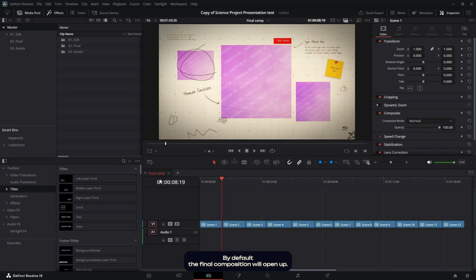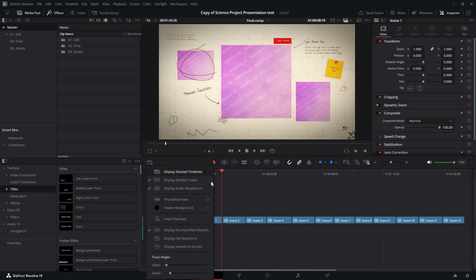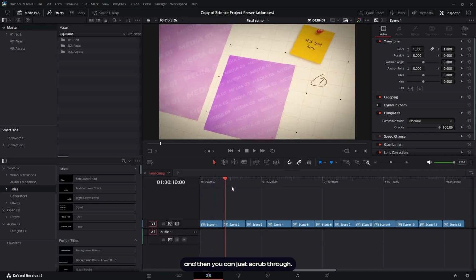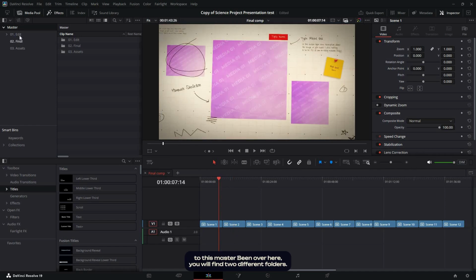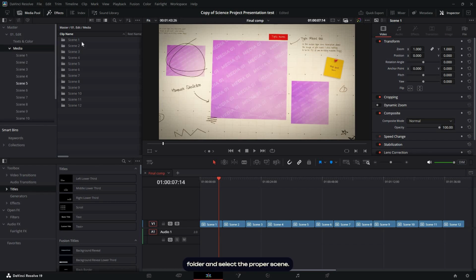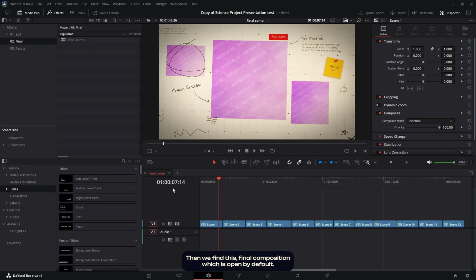By default, the final composition will be open. If you cannot see the name, just toggle it from here. And then you can just scrub through over here. You will find all of the scene compositions. If you come over to this master bin, over here you will find 3 different folders. The first one is the edit, where you can change the text and colors via the scene compositions. And to change the media placeholder, you have to open up this media folder and select the proper scene to change the media placeholders. Then you will find this final composition, which is open by default, and you can ignore